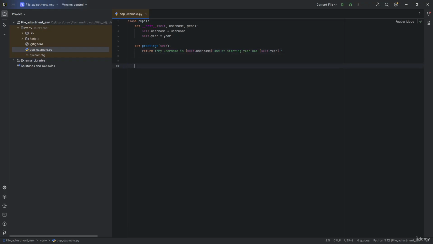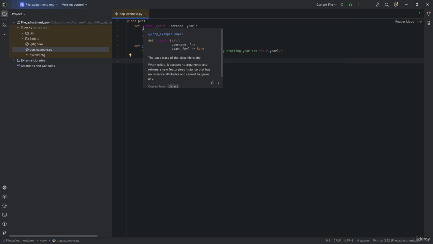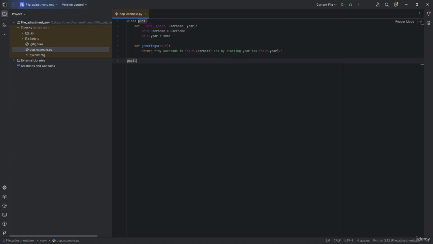Now, what we want to do at the end is create the object. Now, we have already created the object using init. So we have to make sure we create the object one by one. So let's say this is a line which I want to print. But if you want to print out more lines, you can do that. So here, I'm going to put in pupil 1 is equal to pupil, and then I'm going to put in